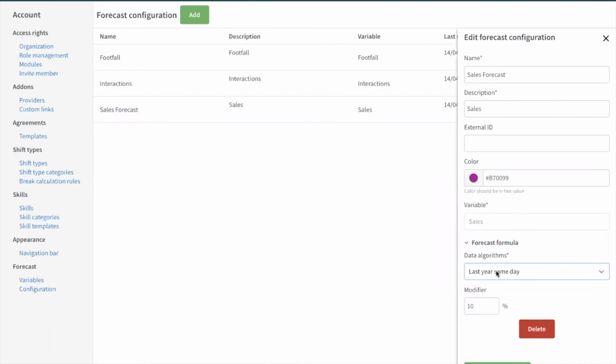So like I said, the first and most popular one from Classic we've taken is the last year same day. To take, for example, the nearest Monday, Wednesday it is today, so the nearest Wednesday, so 15th of April, it would not be the 15th of April 2019 that I would be looking at. I would be looking at the nearest Wednesday, so Wednesdays for Wednesdays, not dates for dates. Plus then a modifier, so I would be taking the same values from last year with a 10% increase in